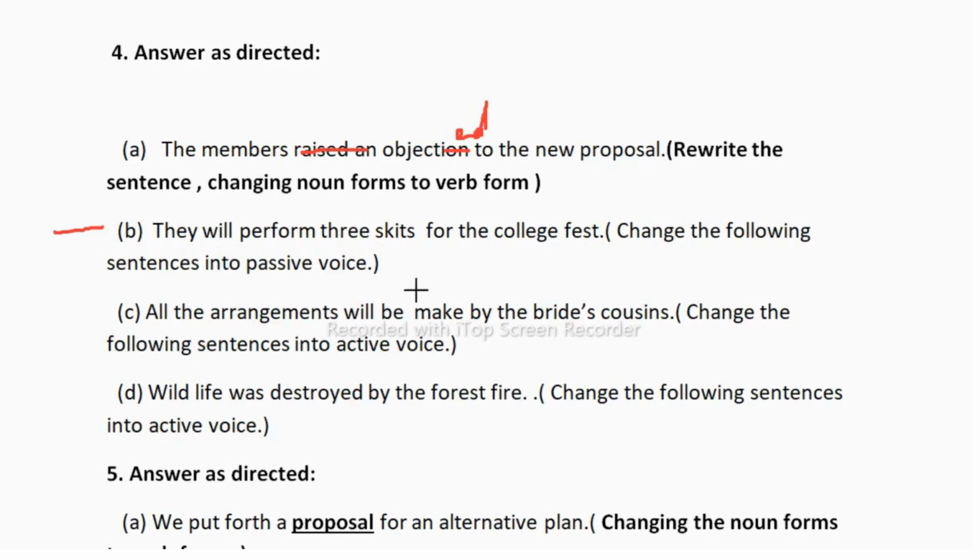So what is the first rule to change active to passive voice? The first rule is we have to interchange subject and object. So first what we have to do, first the subject, this is the structure of passive voice. First subject, then since the sentence is in the future, we have to take will. Along with will we have to take be plus V3, participle, then we have to take by object.